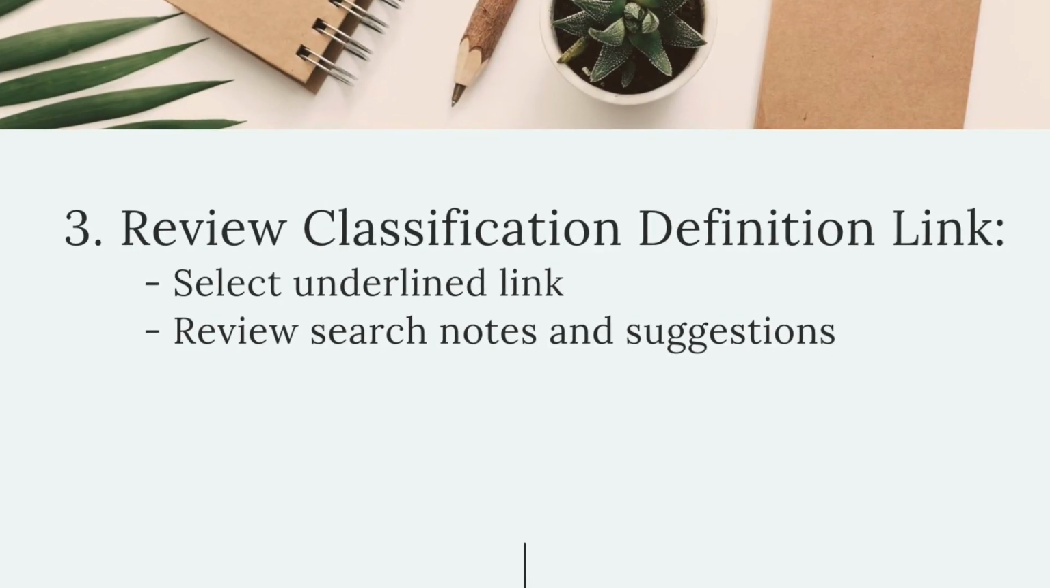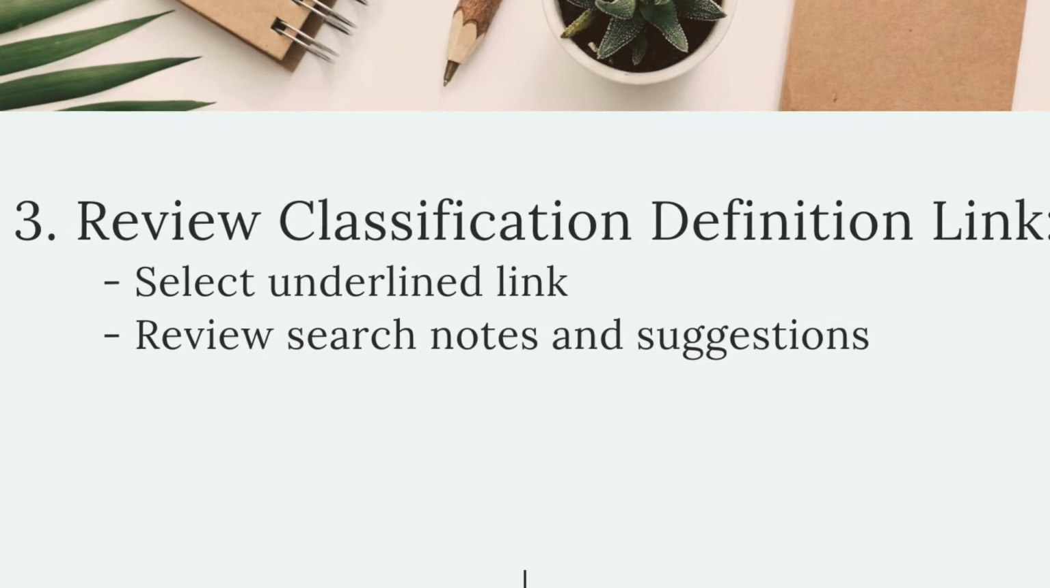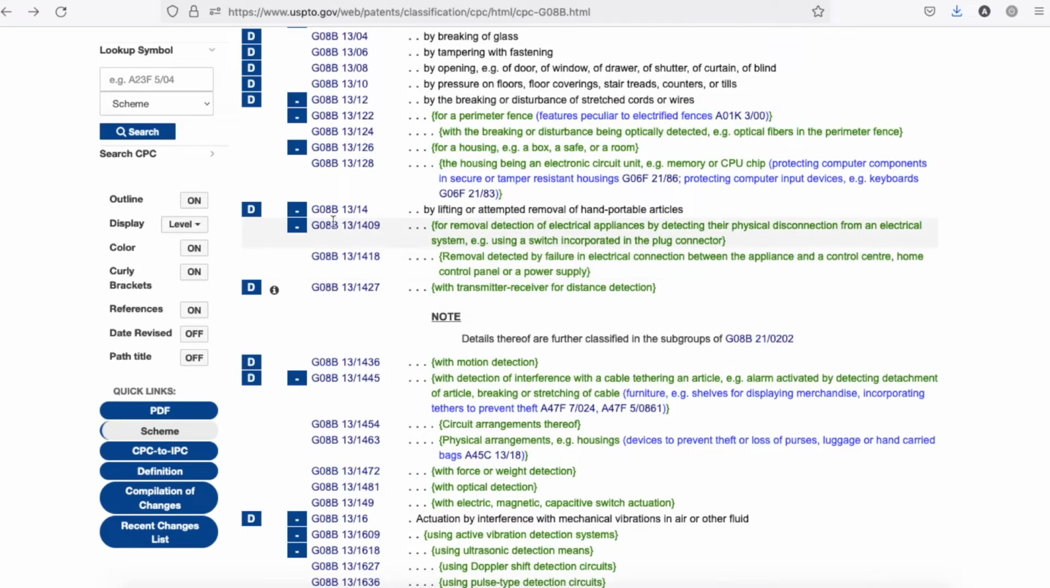Once you find that classification code that is mostly relevant to your innovative concept, you're going to proceed to step 3. In step 3, you're going to look at the definition of that particular CPC to further break down what you can find, to find specific keywords for your search. So this is